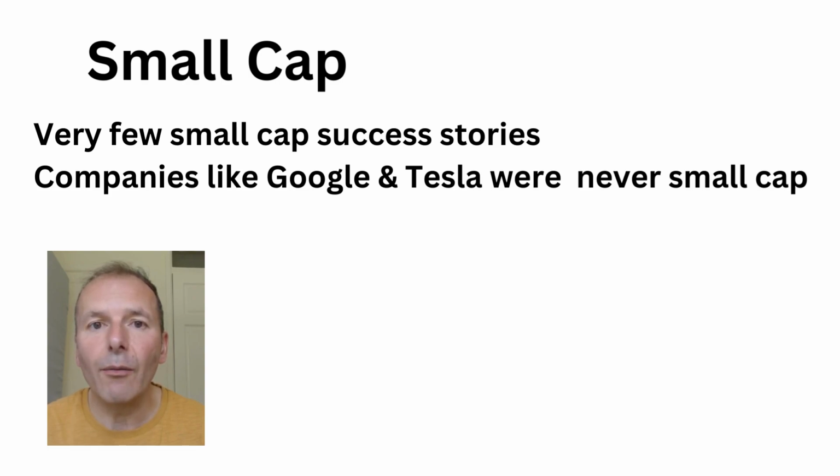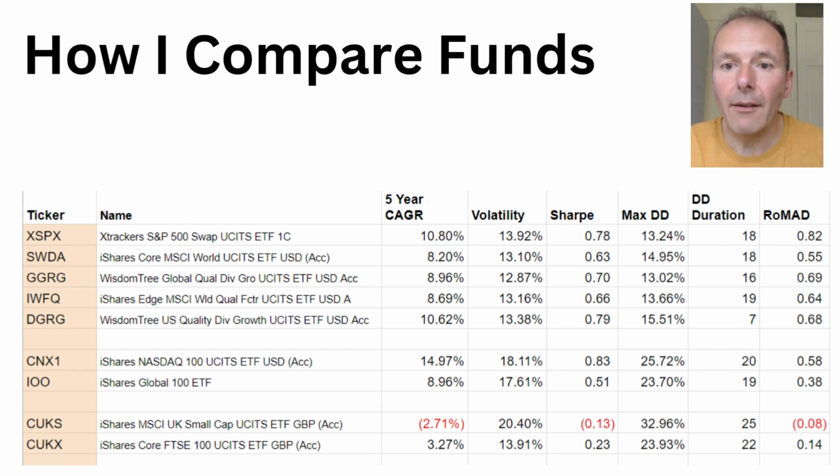So generally I'd look for a more concentrated ETF, ideally with maybe about 100 holdings. So this is how I compare funds. I look at the 5-year compound annualized growth rate, I look at the volatility, that gives me the Sharpe ratio, but then I really prefer things like the maximum drawdown, which means that if you bought it at a high and then sold it at a low, what's the most you could have lost, the duration of that drawdown in months,